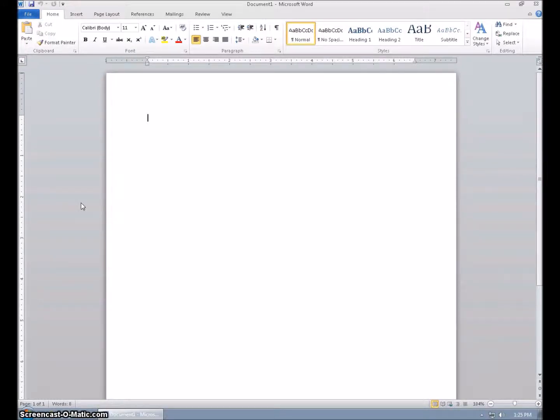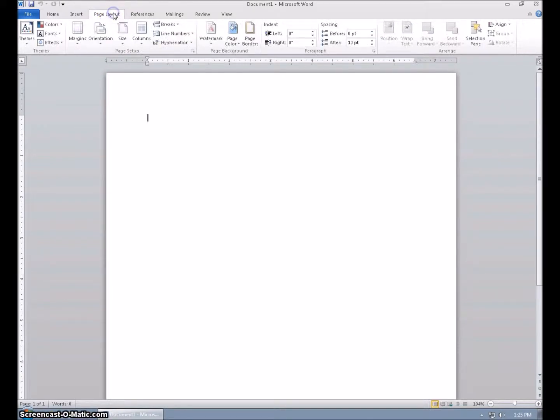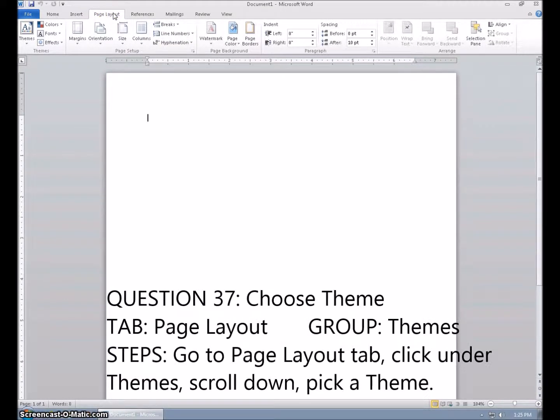Here are the new skills for week 8. The first tab you'll need for week 8 is the page layout tab. What you're going to do in the page layout tab is choose a theme. And you will click right here under themes,